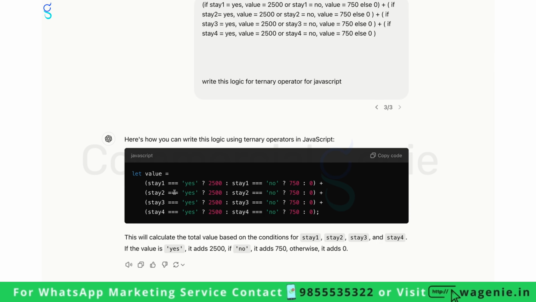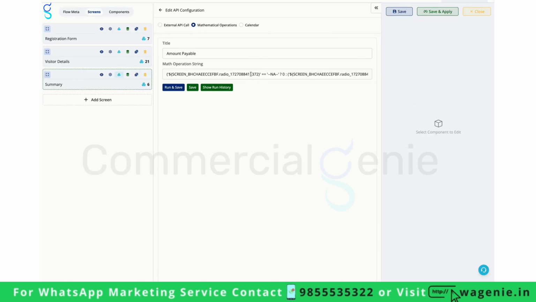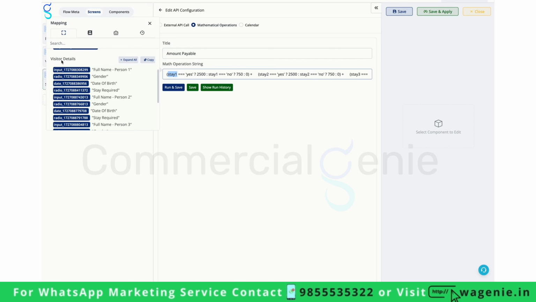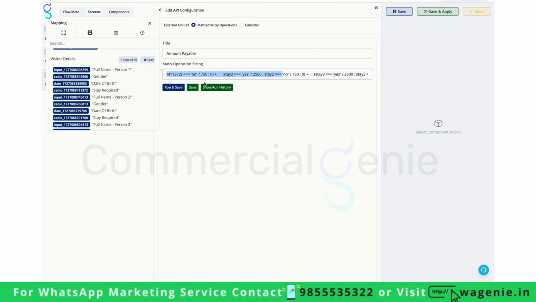So now here what we need to do is copy this part and take it to our mini app, change this from here, and replace this stay 1 with the visitor details option stay required. So if the stay required is yes, then 2500. If stay required of person 1 is no, that you can see here, then 750, else 0.